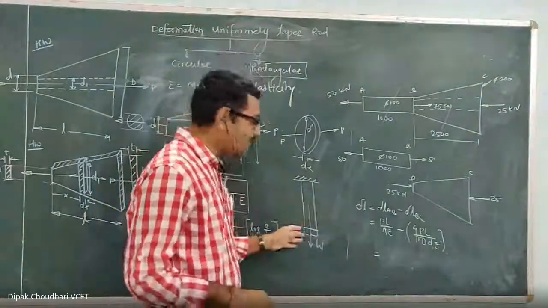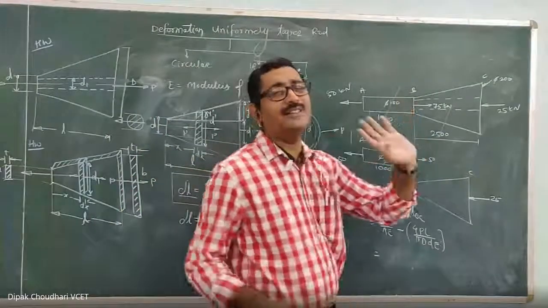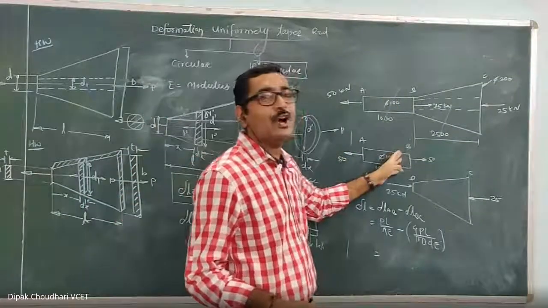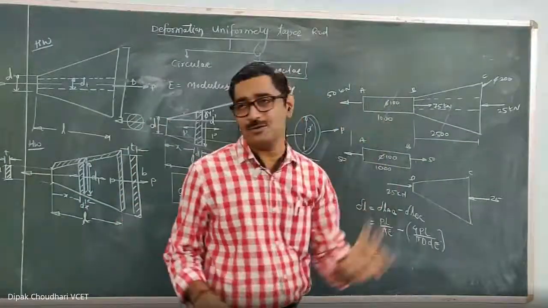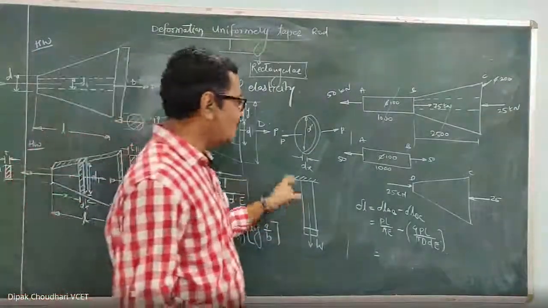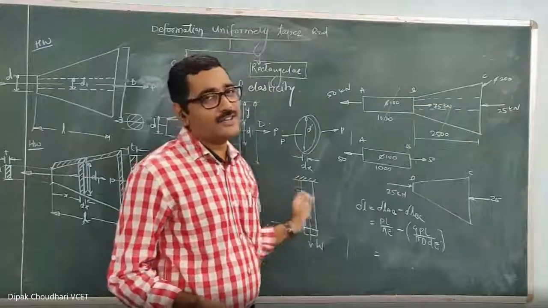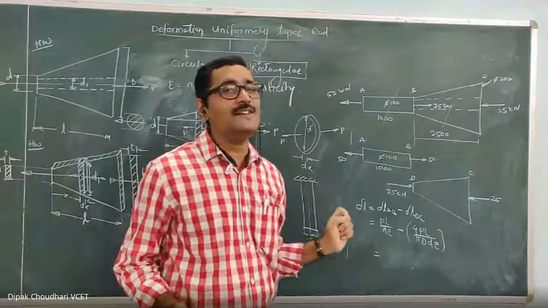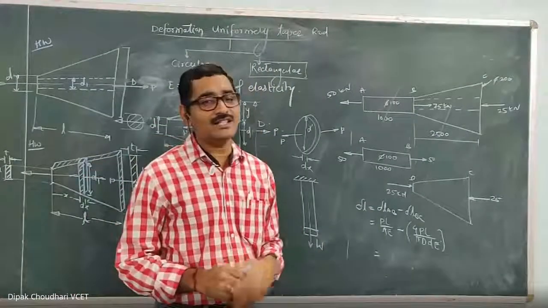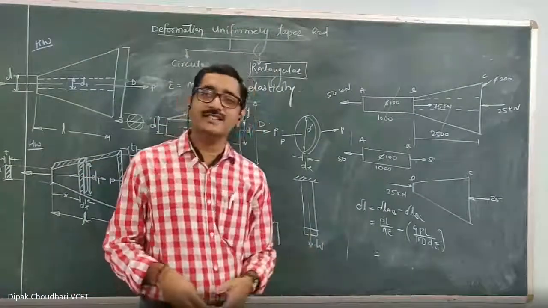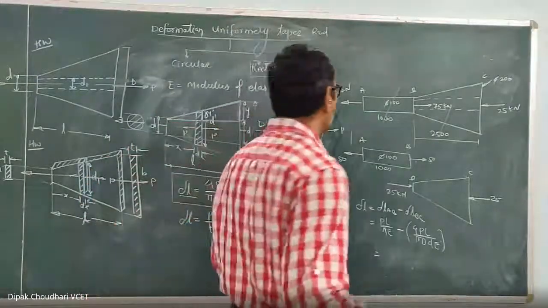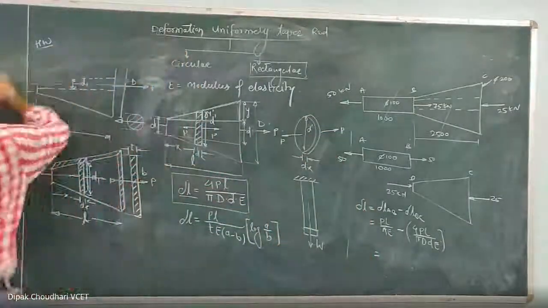And it happens on a vertical rod only. For a horizontal one it is again negligible, so you won't consider that, because there won't be any effect of the load or the weight on the axial force. Axial force is horizontal and load is vertical. Also, if the length is very small, the effect of the deformation because of the self weight is very, very less, and hence we can ignore that. But when the length is very large, sometimes it is necessary to calculate that. So how to calculate the deformation of a rod because of the self weight?